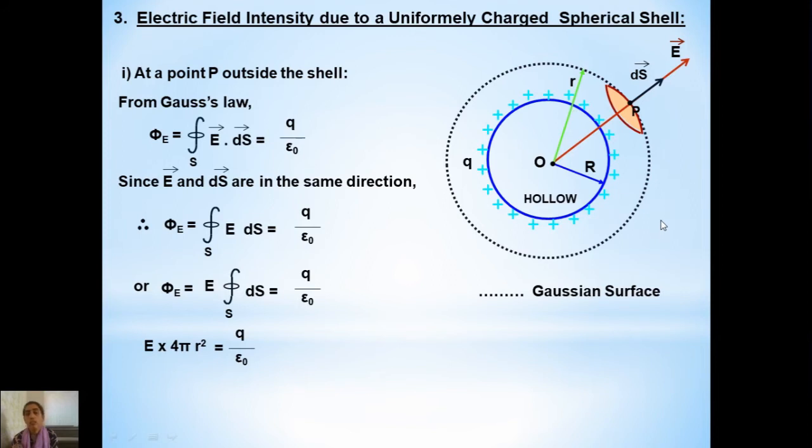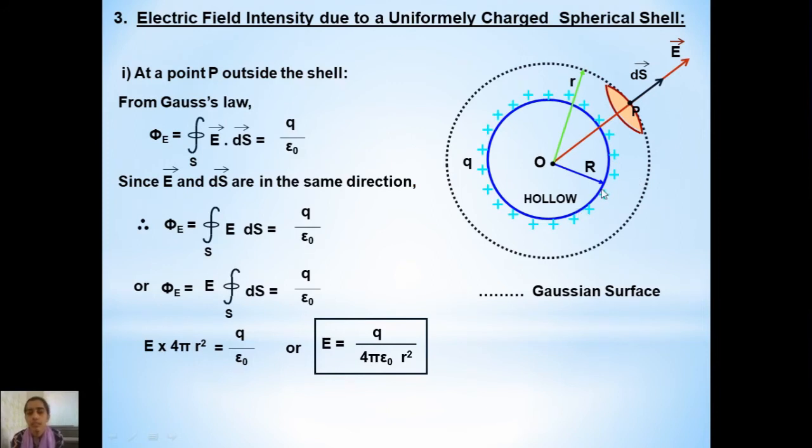The third step is what? The third step is to calculate the total charge which is present in the right hand side of the Gauss law, that is, the total charge which is enclosed within this Gaussian surface. In the beginning itself we have imagined it as Q, right? Therefore we will write it as it is. E will be equal to Q divided by 4 pi r square, taking these terms to the denominator, and the equation will be E is equal to Q over 4 pi epsilon naught into r square.